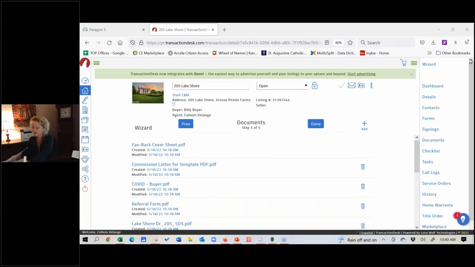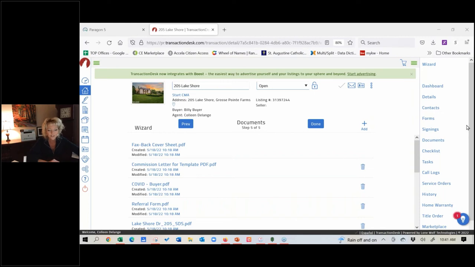So keep in mind, if you've got a paper offer, so this offer was actually just dropped off. So you've got a paper offer. How do I get it into TransactionDesk so that I can go ahead, mark it up, do the counter, and make it look a lot nicer than if I'm just taking a pen and I'm just crossing stuff off, right? So the first thing you're going to want to do is obviously you're going to want to scan your offer in. So I have a scanner behind me, I scan it in, and now I'm going to move that offer